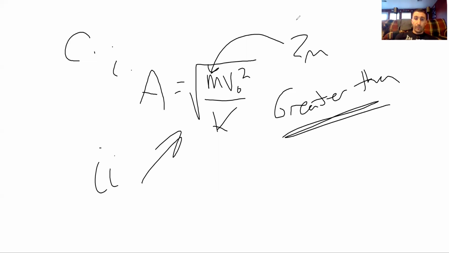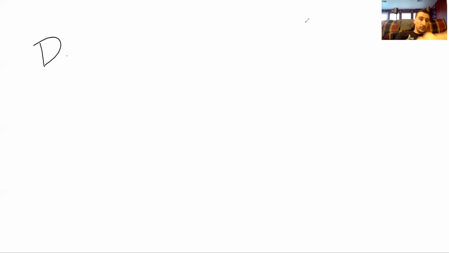Blocks are stopped. The ideal spring is replaced by a nonlinear spring. Will the blocks undergo simple harmonic motion? Why or why not? So the answer there is no, because Hooke's law only pertains to ideal springs. So it's not going to undergo simple harmonic motion because only ideal springs